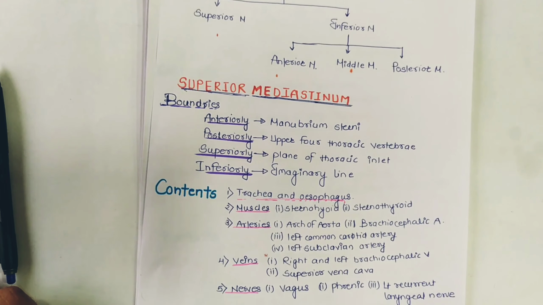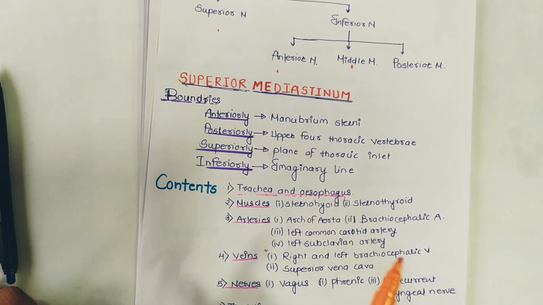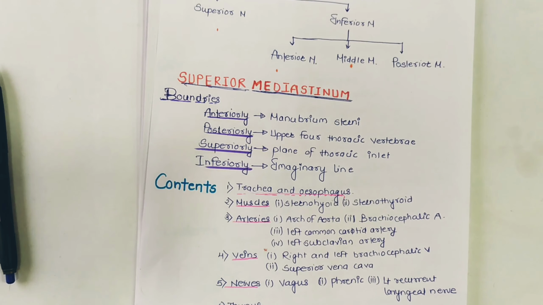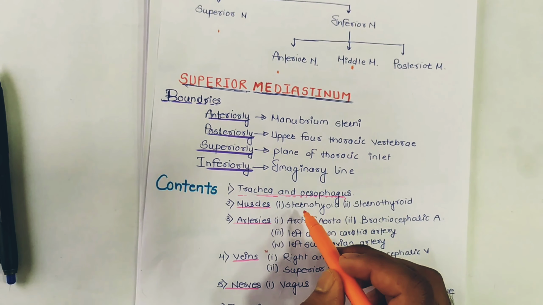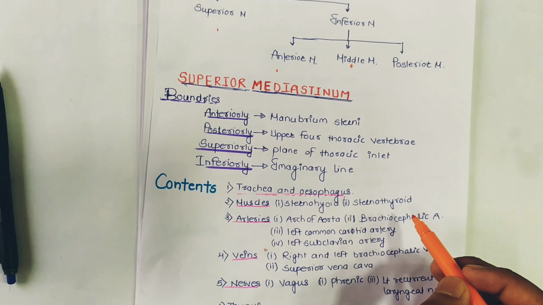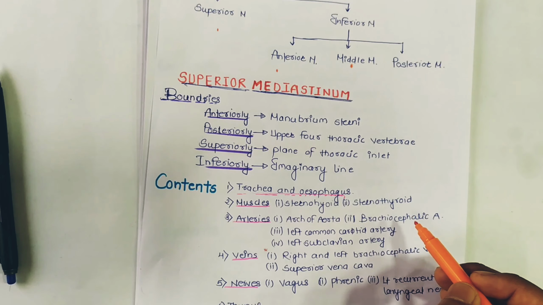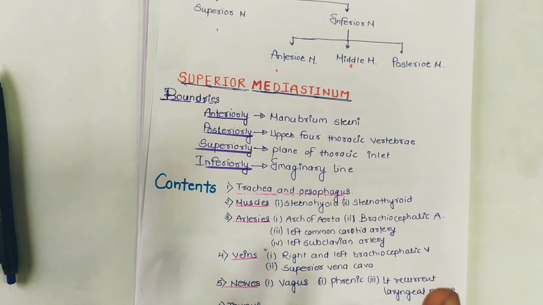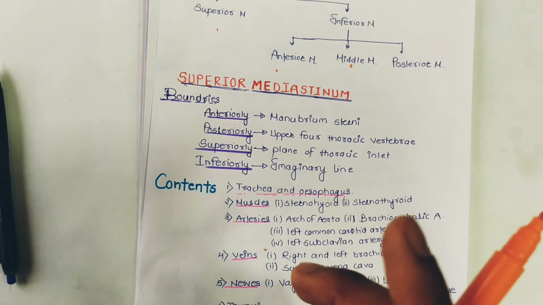So important contents of the superior mediastinum are the trachea and esophagus as well as muscles and some thoracic duct and some lymph nodes. So important content में आता है कि trachea, esophagus and the muscles as well as some thoracic duct. So muscles are the sternohyoid and the sternothyroid. आपको समझना चाहिए कि the muscles are only present in the superior mediastinum, not the inferior mediastinum. सो आप कौन से भी मसल लिखने हैं तो आपको अंदाज रहना चाहिए कि muscles are only present in the